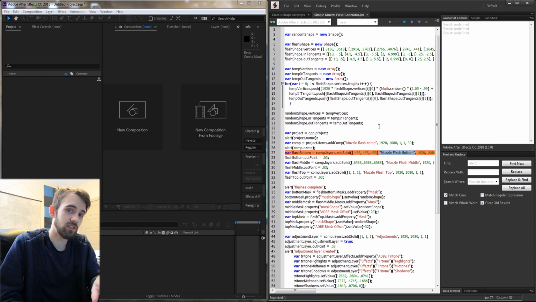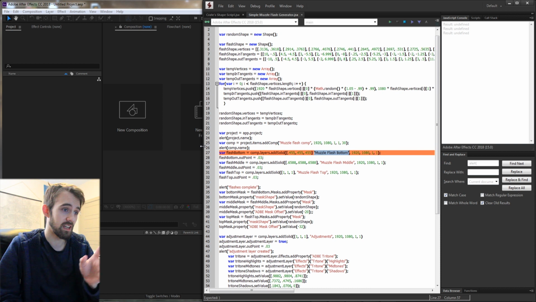Now sometimes ExtendScript or whatever program you're using will tell you what the issue is, which is nice. So in this case, it'll highlight it orange with whatever the issue is, usually displayed down here. In this case, it says there's an expected end parentheses. So what I can do is look at the line that it's highlighted for me and quickly see what the